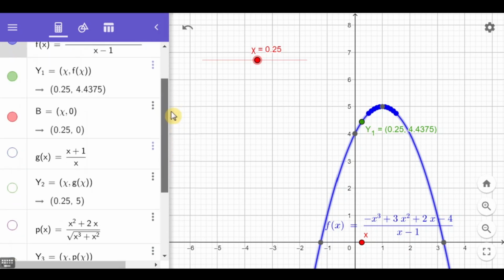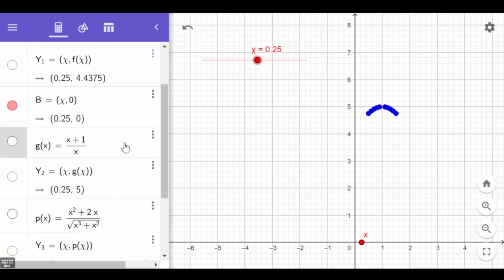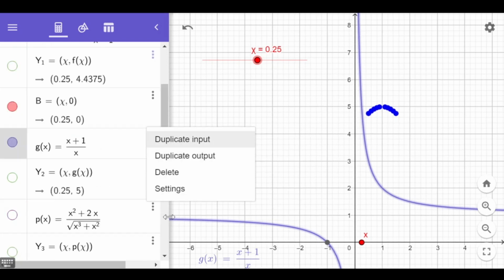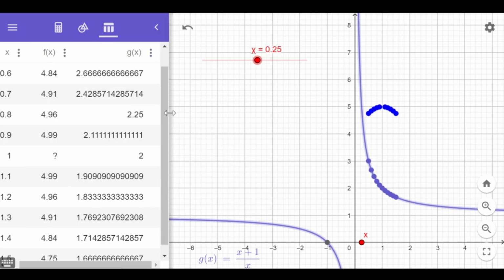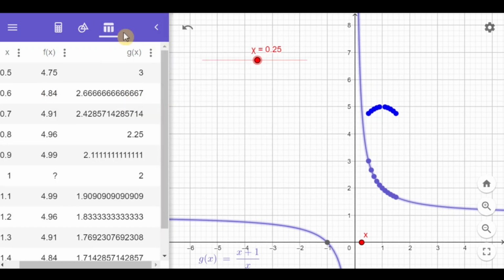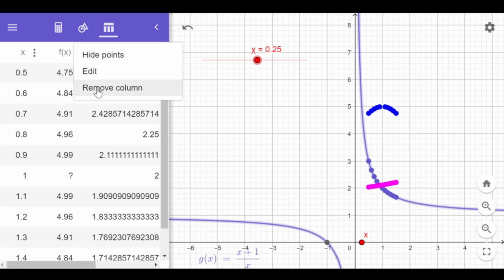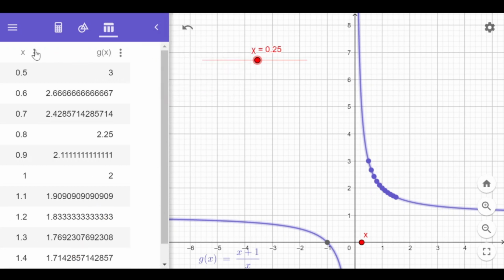Let's have the next one. This time g of x. This is g of x. Let's create a table of values. This is undefined at x equal to 0. So siguro nasa left yan ng 0 at right ng 0. Automatic na niyang ilagay kasi edit na lang natin. Dali lang ha. I'm gonna be organized first. Bring up niya kasi yung ibang function. G of x lang ang concern natin.